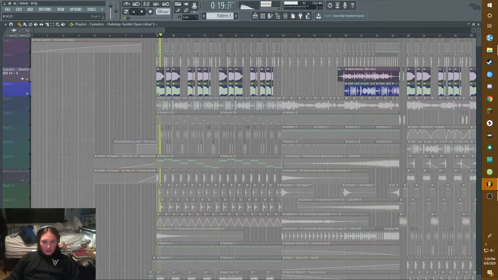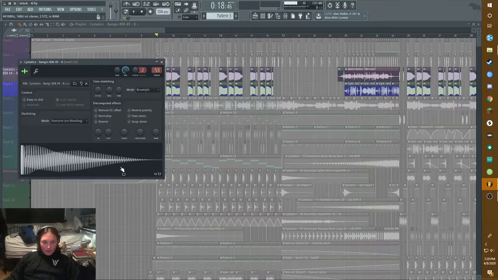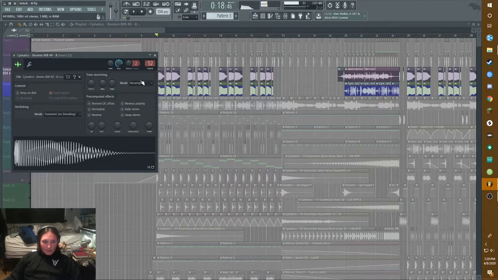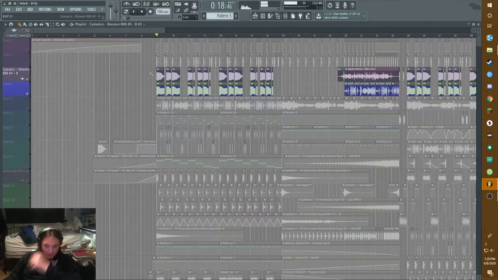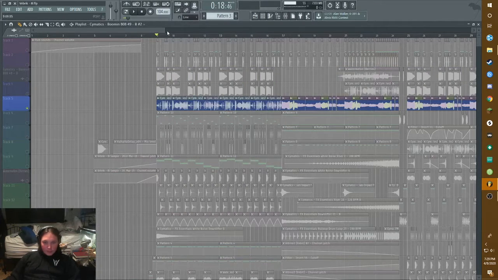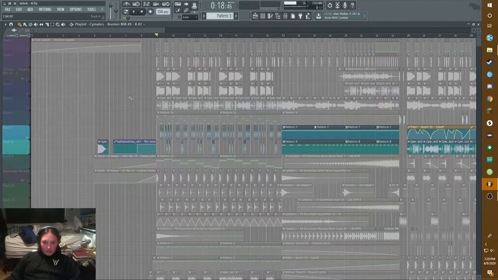Up here we've got two 808 layers. This first one is a really kind of gritty, hard-hitting layer, and then we have a more conventional sub layer. We have these glitchy hi-hats, which were from Elon Moore's samples. Great musician, highly advise checking him out. Then we have these off-grid, chopped-up hi-hats.